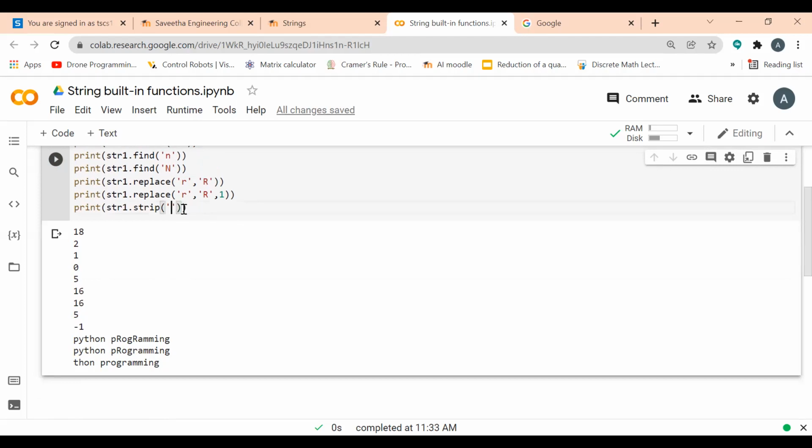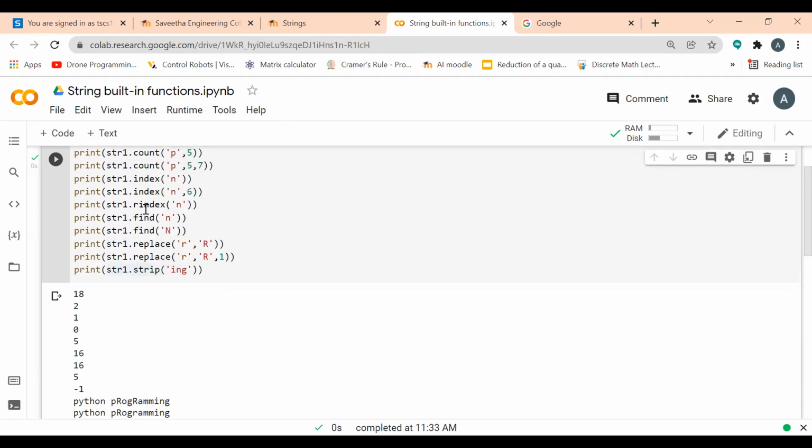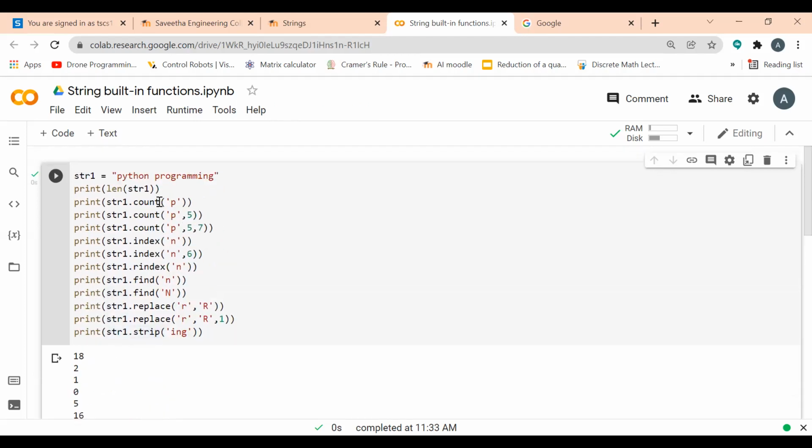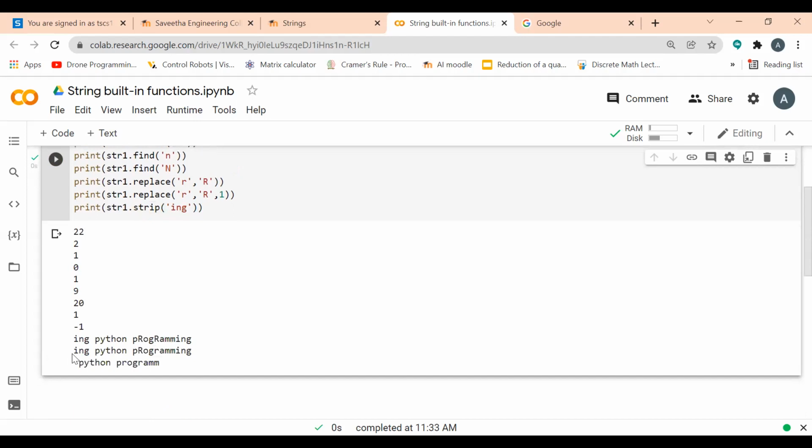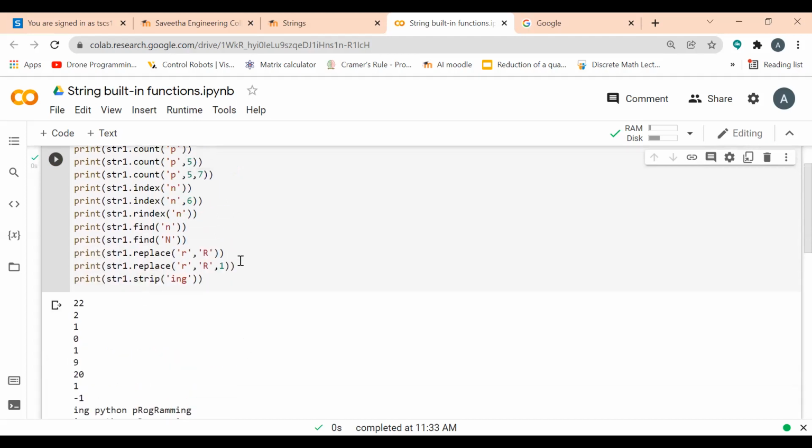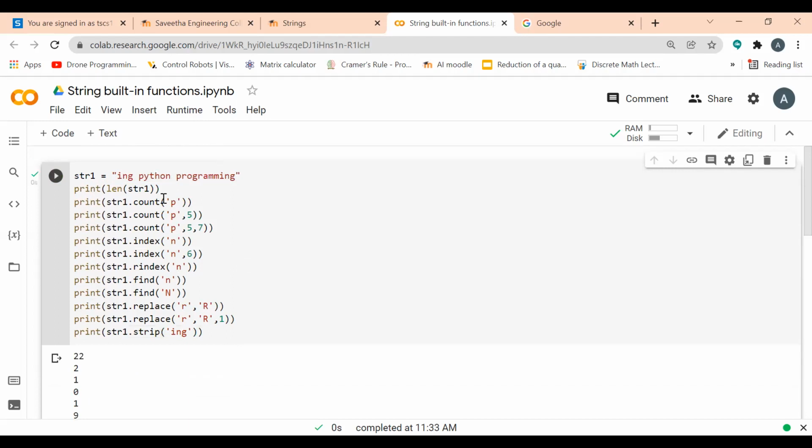If I give ing, ing is at the end of the string, so ing will be removed. So strip checks from the front and from the back. If I give ing and run it, ing from the front and from the end will get deleted. That is strip.